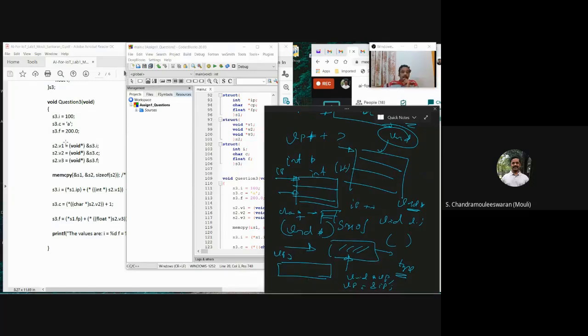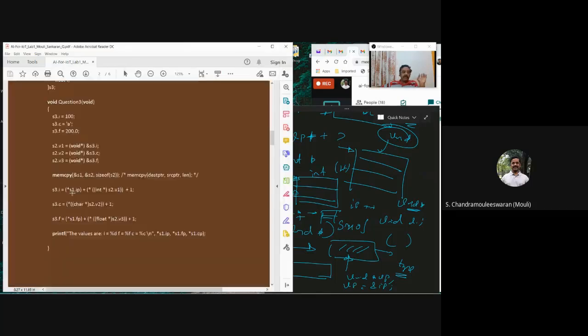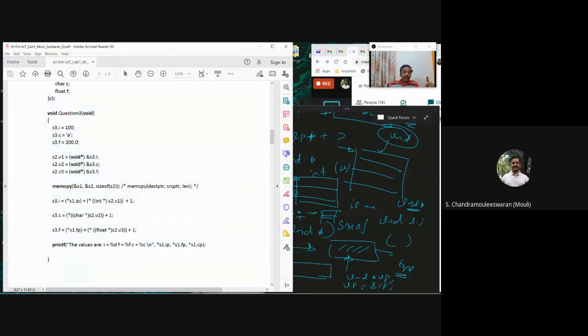Now let us come to the code. We have a structure which has only pointers. Let me show you what I am trying to do. We have initialized it. I took the address of all these variables, converted it into a void star and stored it in the structure. Now, one thing all of you must know: when you do a typecast, the content is not modified, especially when pointers are getting exchanged. When you convert int star to float star, or float star to char star, the content doesn't change at all. The same address is coming here.